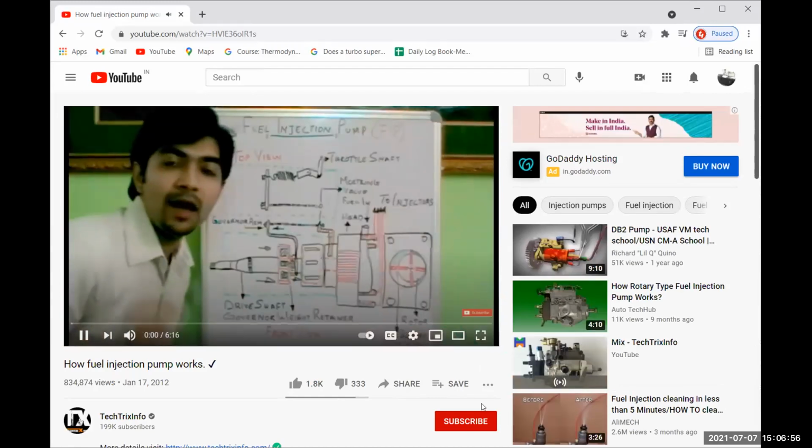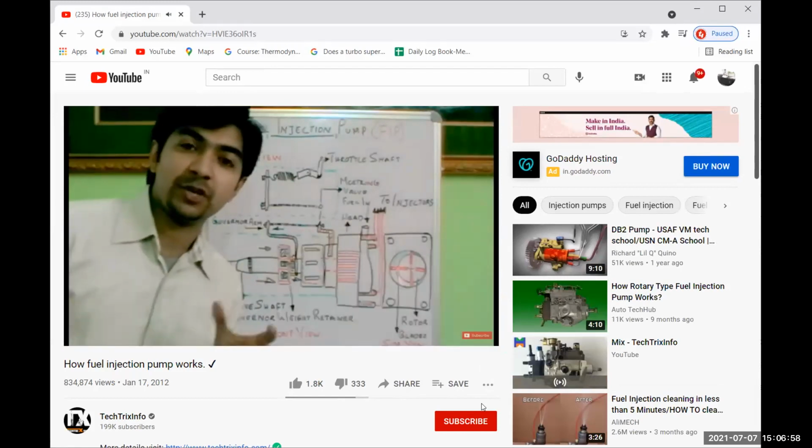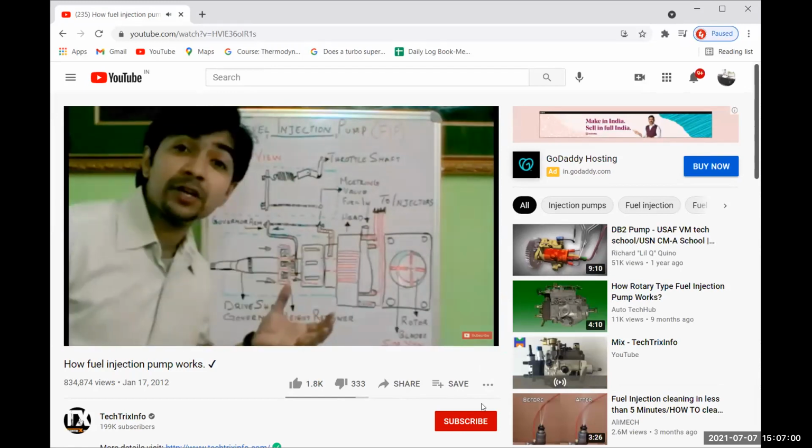Hi friends, today we'll be dealing with the working of a fuel injection pump. Actually, the fuel injection pump is the heart